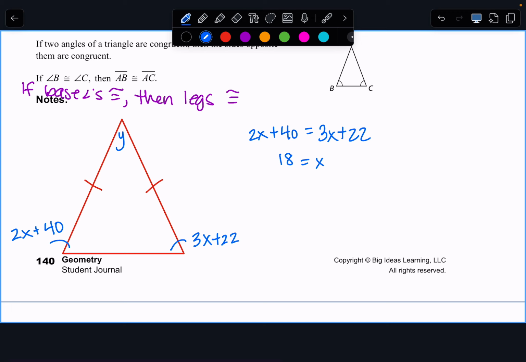Okay. What do I need to do with x? We need to plug x in. So 3 times 18 plus 22. What would that angle be? 76. Oh, they're both 76. Okay. Which means to find y, we know that we have two 76-degree angles and y that adds up to 180. So our vertex angle, y, equals